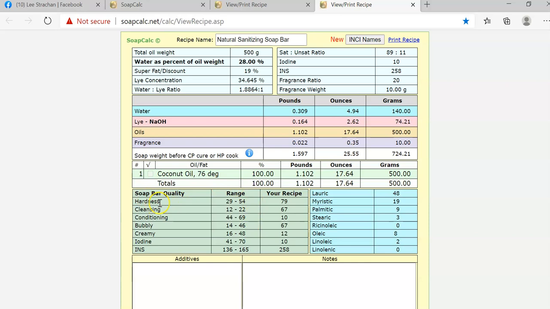So it says based on hardness, the range should be 29 to 54, but we got 79. Don't worry about those digits or values because once you try this formulary, you'll find this very moisturizing, despite the fact that it says on the soapcalc.net that it's going to give you 79 hardness. So that means the cleansing ability will give you 67 in numbers, which means that's way above the range for cleansing. That means it's supposed to be very drying to the skin. But